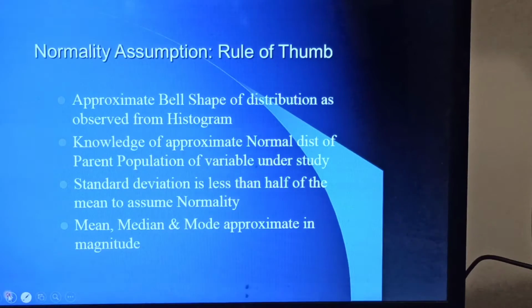Now, regarding normality assumptions, some rules of thumb I am sharing with you. When we plot histogram, an approximate bell shape can be taken as normality, and if you have knowledge of the parent population, means from which population the study individuals are drawn.